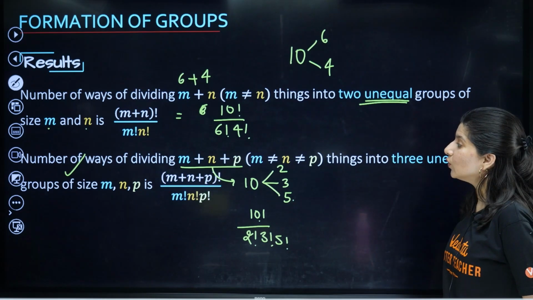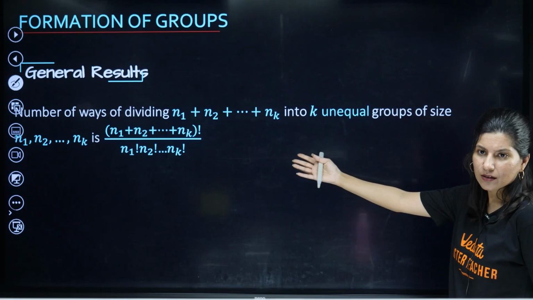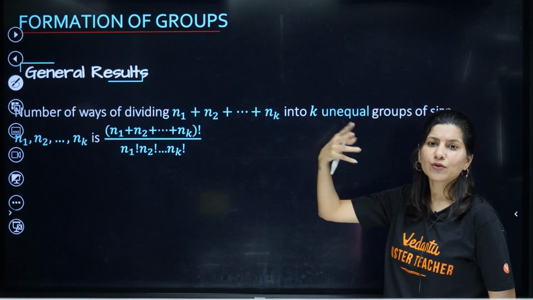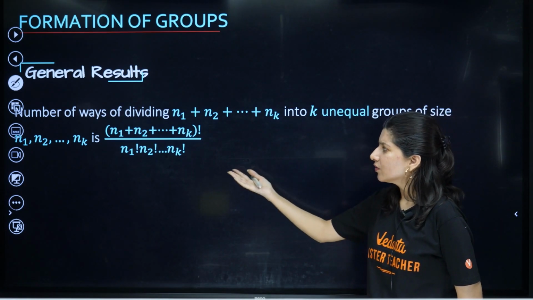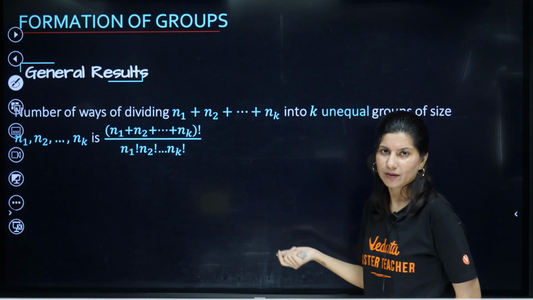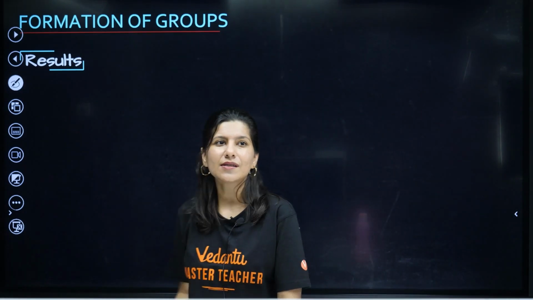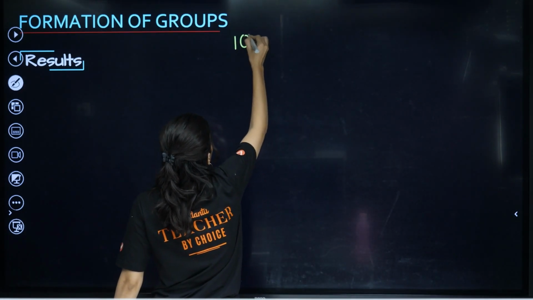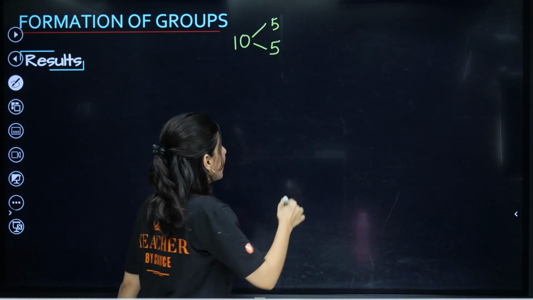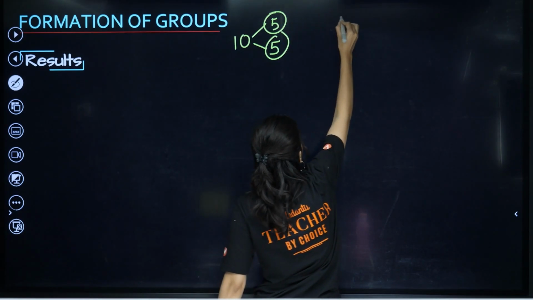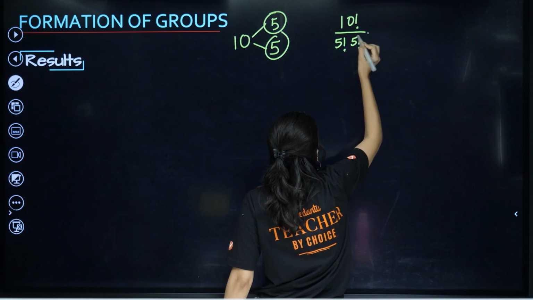Now let's get back to equal. So this is a general result that if there are like we have to divide in like 3 groups, 4 groups also you can do. So you just have to divide by this much factorial. Okay. Chalo, abhi equal. So suppose I am having 10 and I will divide this 10 into 2 equal groups, 5 and 5. So ideally how it should be? 10 factorial upon 5 factorial, 5 factorial. It should be there. But